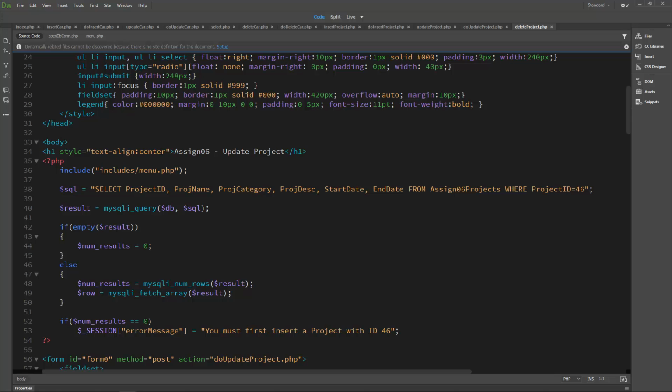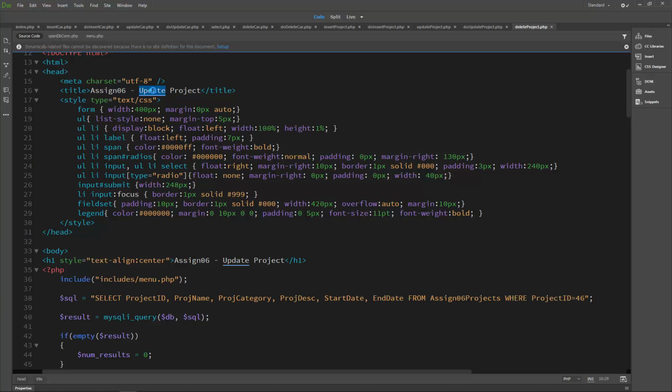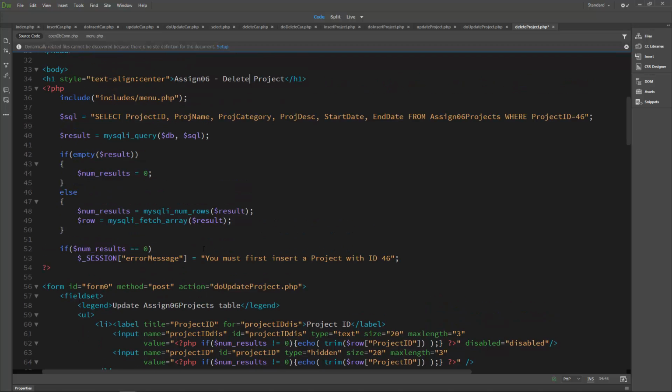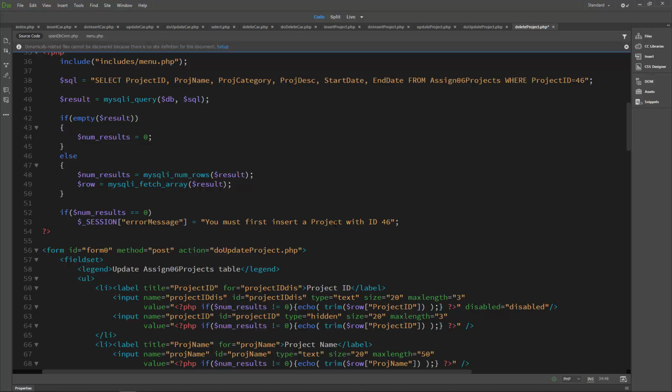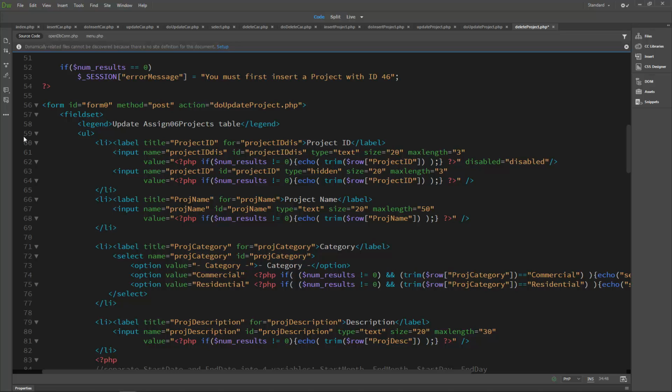As we come down into here, we're going to change like we always do. Delete project. Delete project. So we scroll down, we'll include the menu. We still select the project ID 46. All of this stays the same. We're still fetching that first row. If it does not exist, we display a message that says, hey, you need to insert a project with the ID of 46. That legend is going to change